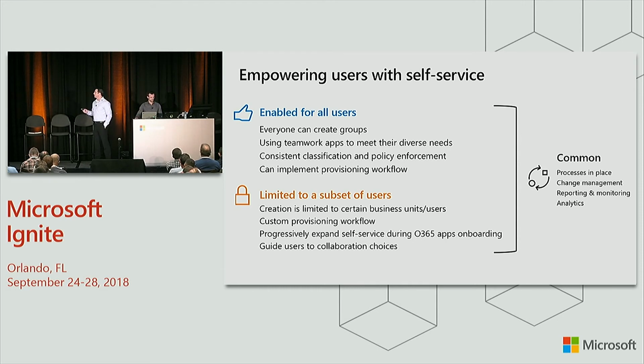That's great. I think one of the great benefits of the first scenario of enabling self-service for everyone is that it really gives them access to the variety of tools available through groups. It also reduces some of the risk that gets introduced where a user might think, I really need a particular type of chat experience or a particular type of files experience, and then bringing their own apps into the enterprise. For both of these scenarios, there's a variety of features that span both extended self-service and controlled rollout. You'll get access to reporting, monitoring, analytics, everything that Christoph viewed.